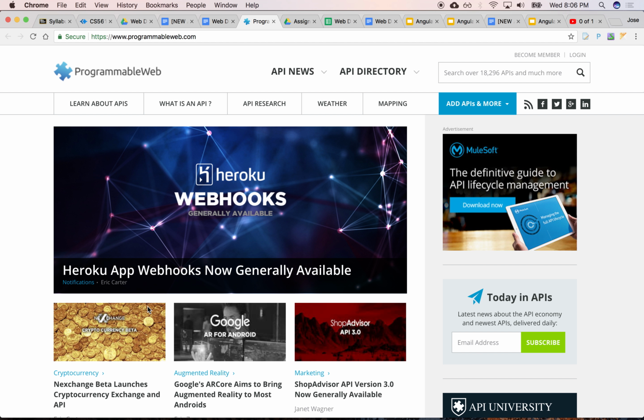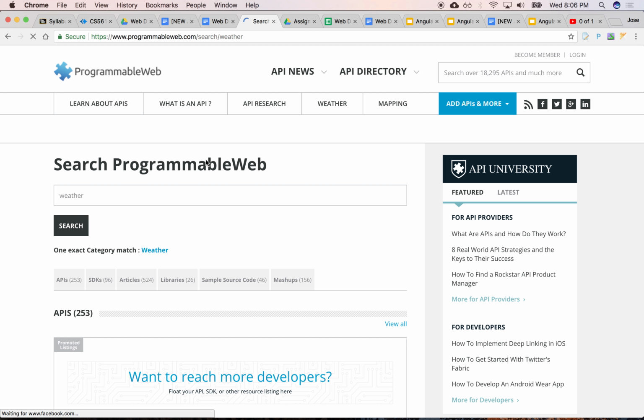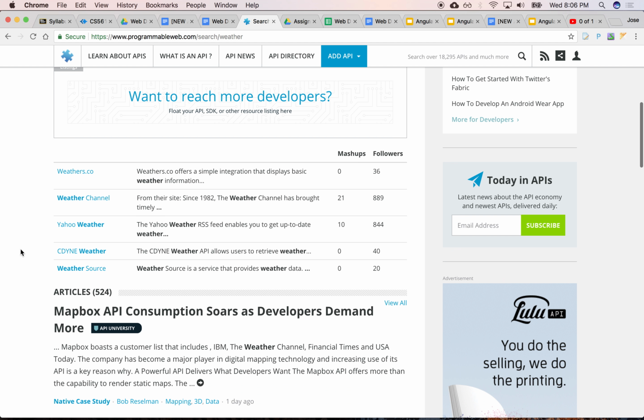You can search whatever topic you want, and it'll list APIs that are available, like the Weather Channel, Yahoo Weather, Weather Source, the CDYNE Weather.